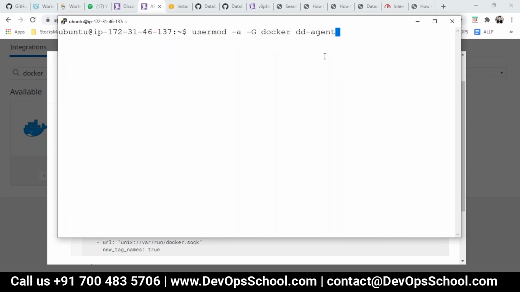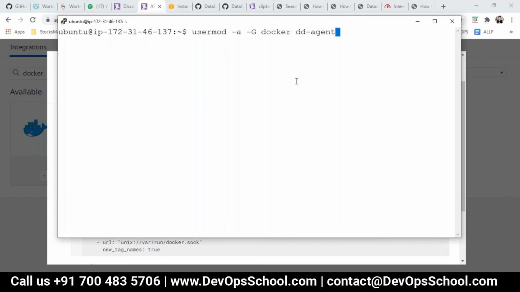Now the container can be accessed by two users. Hear me out carefully, hardcode this statement. One user is root, always root, who can access it. But you need to understand that root is not running your Datadog agent. Who's running it? dd-agent is running your Datadog.